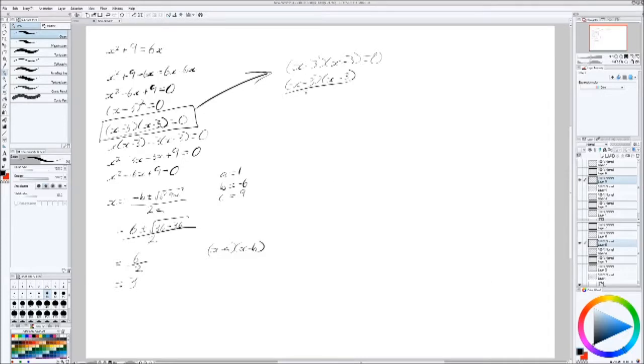divided by x minus 3 equals 0 divided by x minus 3. And 0 divided by anything is still going to be 0. So we end up cancelling one of these, like so. And then we end up getting x minus 3 equals 0, which then means that x equals, we'll go through the steps. So x minus 3 plus 3 equals 0 plus 3, and then we have x equals 3,